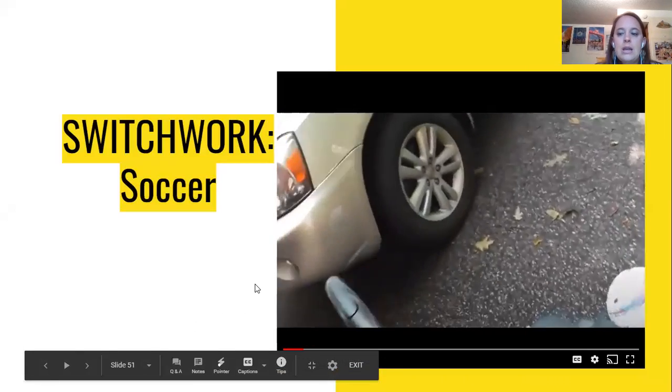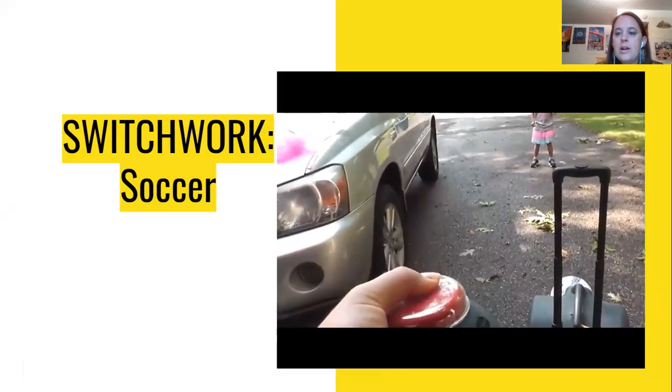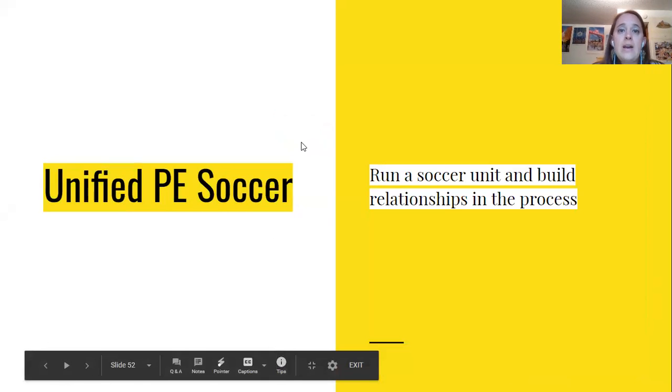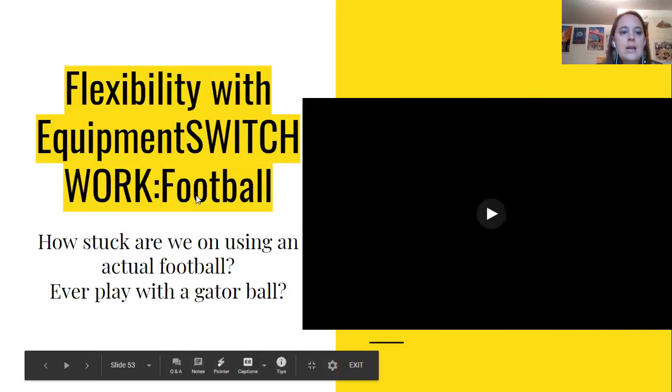So soccer, this is just a really easy example. You hit the switch on the floor fan, and all of a sudden my student who's never been able to strike a soccer ball now has the opportunity to play partner passing. Then for unified PE, we work our way up to little mini scrimmages, 4-on-4, always partnered up, what we call partner and teammate. People with and without disabilities always partner up. We never leave someone by themselves. But it's been really cool to see that process.